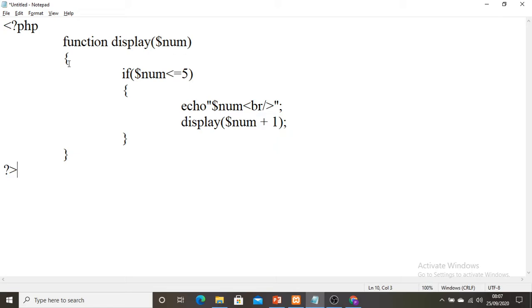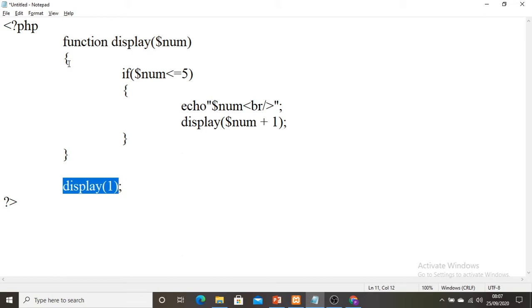Once I write the function, I need to make it execute. So I will call the function here. This is not a recursive function call. What I am calling here is the function in the main body, which is different. This one is a different way of calling the function. This is the recursive call I am making within the function body for the same function, and this is a normal function call which I want to execute.